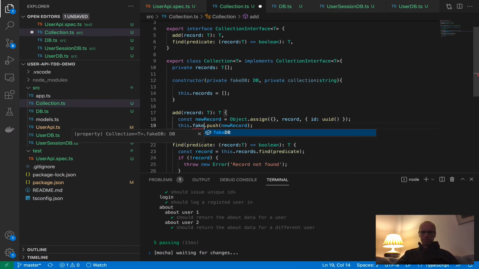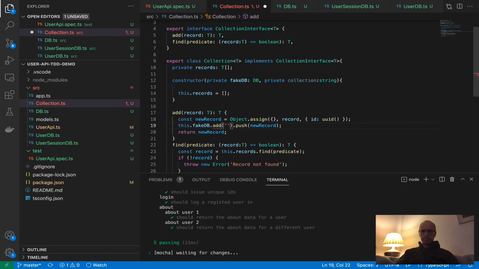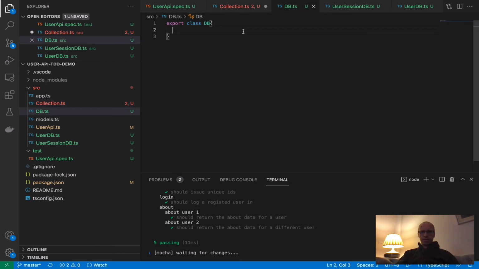So now I can say something along the lines of this.fakeDB.add collection, new record, something like that, and then I can have an add collection string record T. And this could be something like a constructor, private DB,